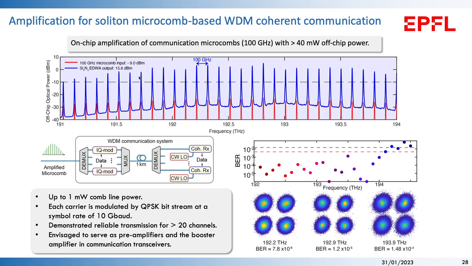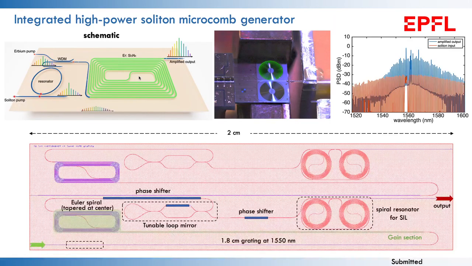Another demonstration is that we apply this waveguide amplifier in a communication link, where we can demonstrate more than 20 channels with reliable transmission over a few kilometers. But this is really a proof-of-concept demonstration showing we can replace EDFA in certain applications. The more exciting thing about this platform is that we cannot only use it as an amplifier,